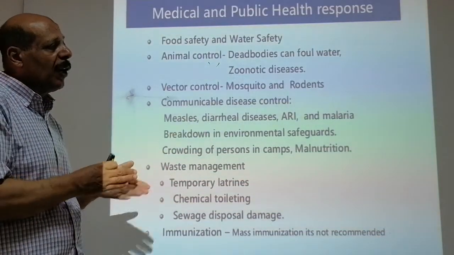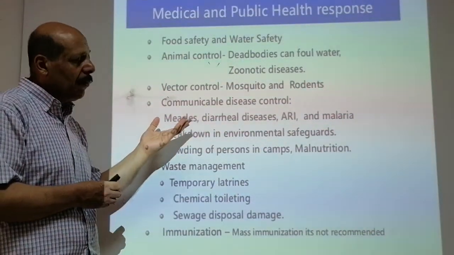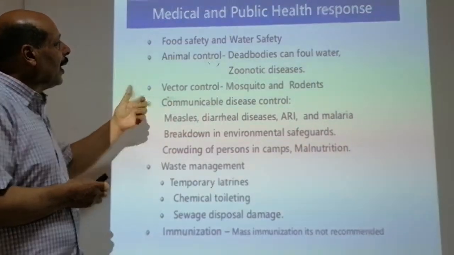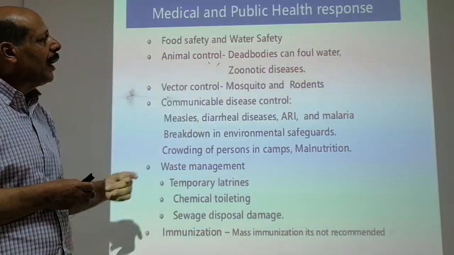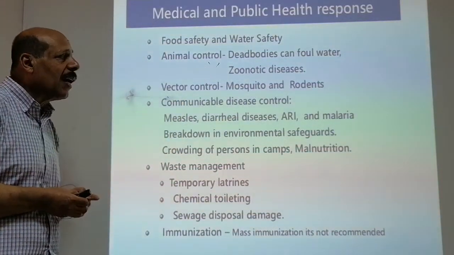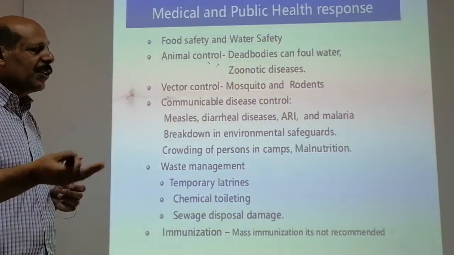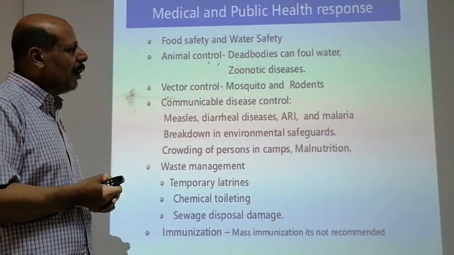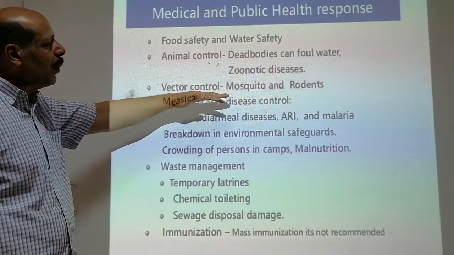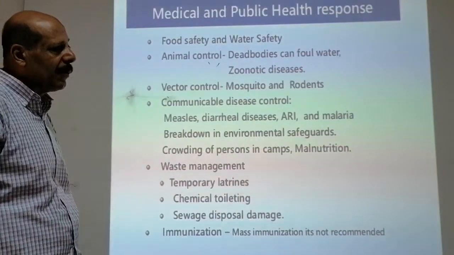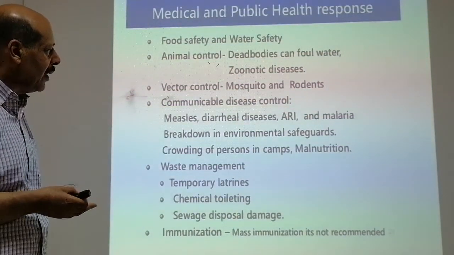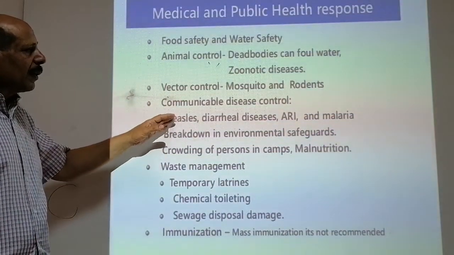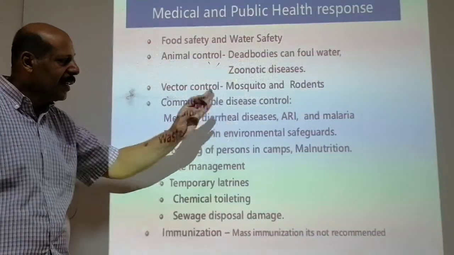So there should be a committee for looking after the food and its safety and water safety. Animal control also: dead bodies can also float on water, zoonotic disease can occur, and in order to avoid transmission of disease. Vector control, mosquito and rodent, might increase after a disaster. Communicable disease control also, like outbreaks of measles, diarrheal disease like cholera,